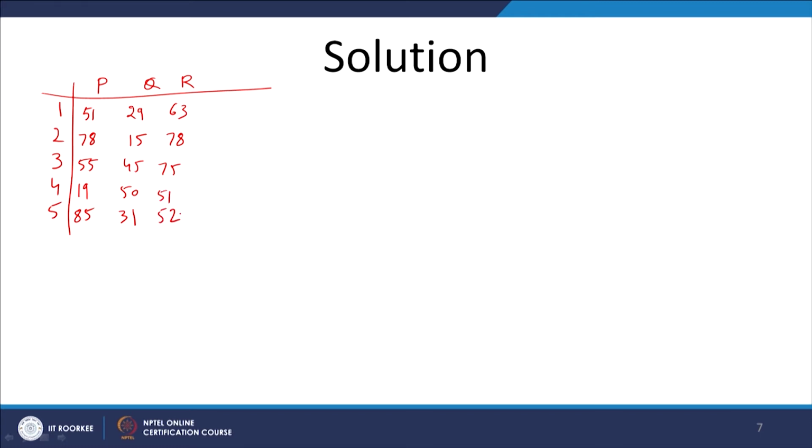Now, remember that this is a 3 machine case. So, we have to convert it into the 2 machine case. So, what are the 2 machine case? They are the 2 fictitious machines G and H. But before we do that, we also need to look at whether the conditions are satisfied for allowing us to convert it into the 2 machine case.